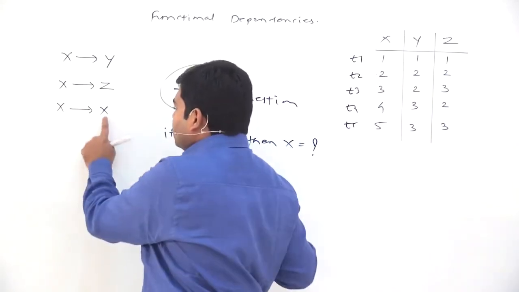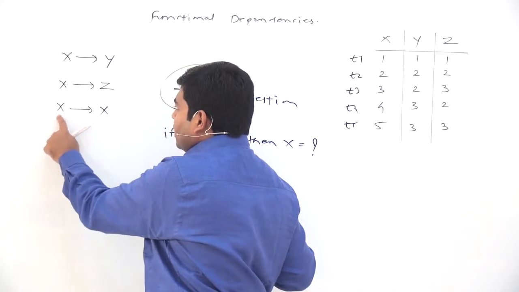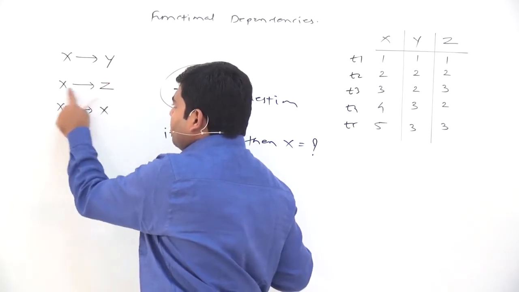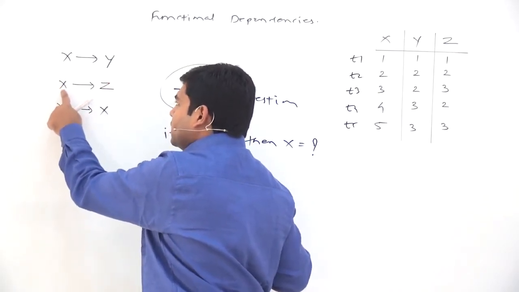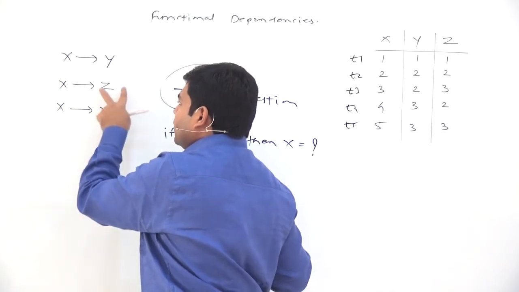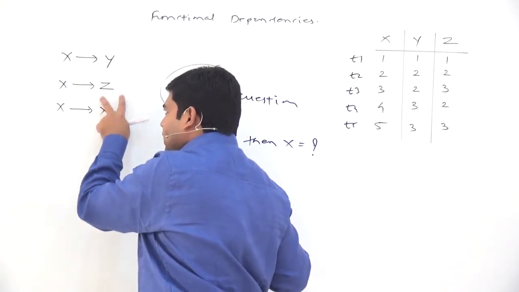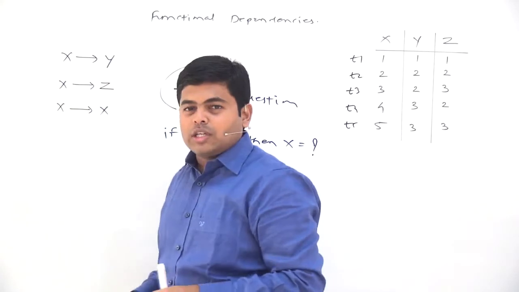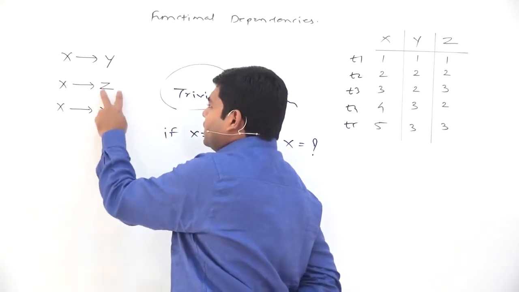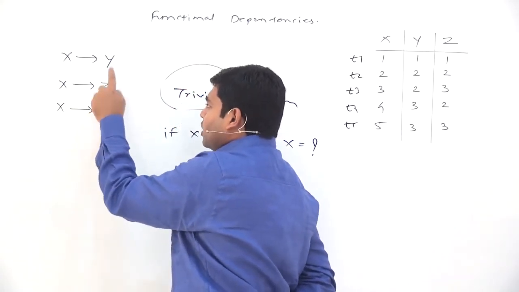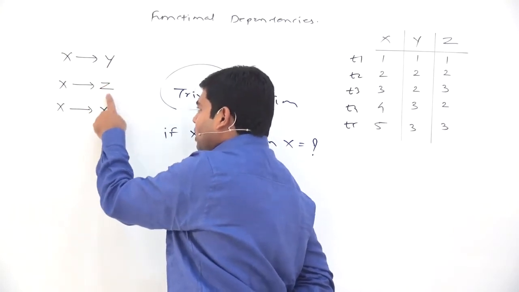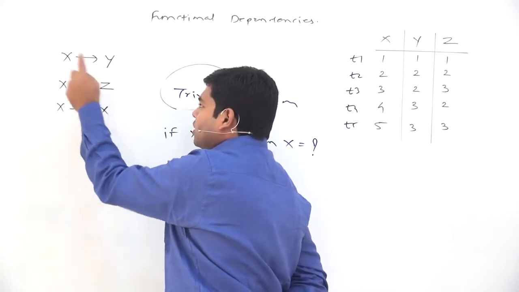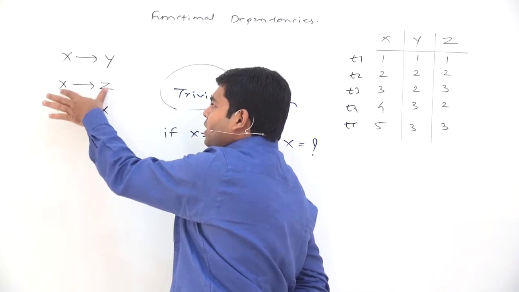Like here, the answer to the question is already present in the question. Here the answer to the question is z, but the question is x. The question is x, the answer is z, and the information which is needed in the answer is not present in the question. What is the information needed in the answer? It is the value of z. The information that you need in the answer, that is the value of z, is not present in the question. That's why it's a non-trivial question.